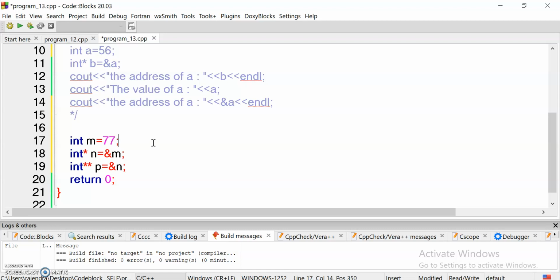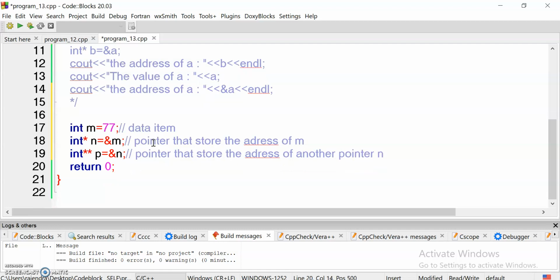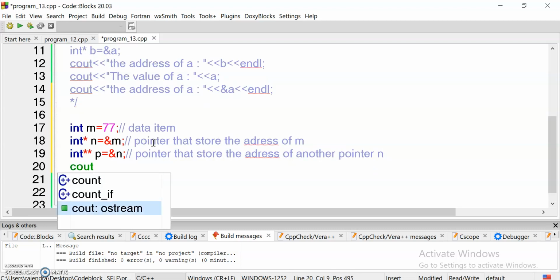Okay, so this is a data item, this is a pointer that stores the address of m, and this is a pointer that stores the address of another pointer n.